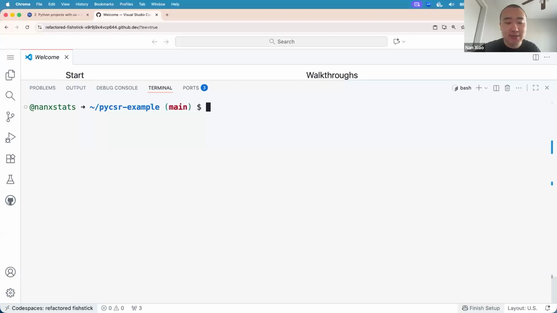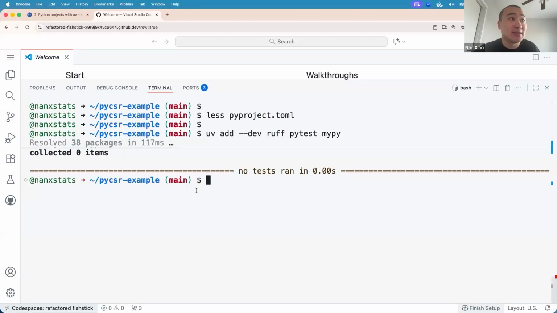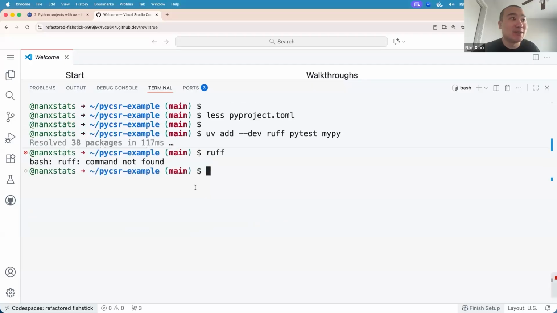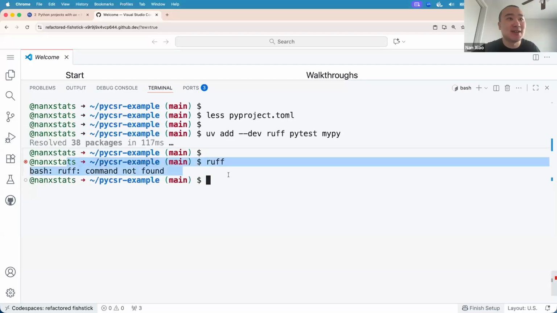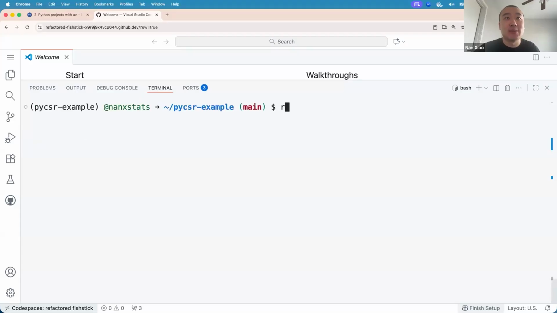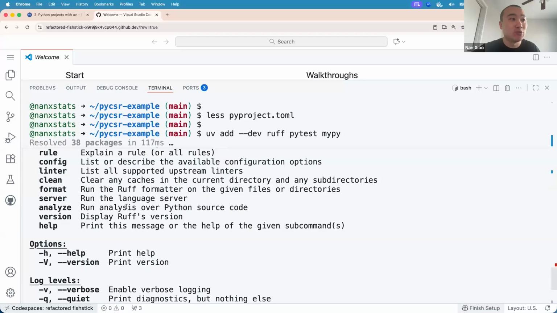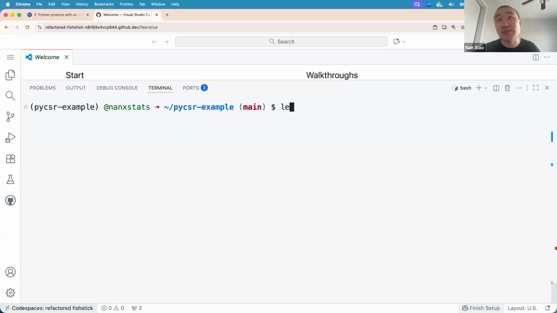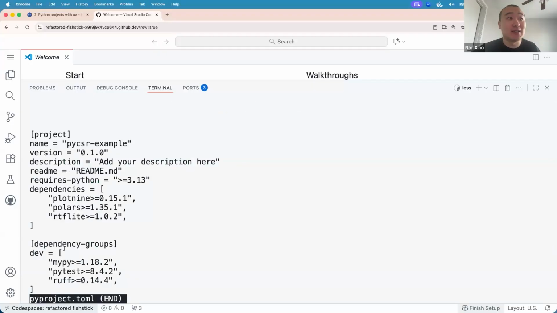For example, if I say pytest, right? Okay, this already has pytest installed. Maybe ruff is not installed, right? So if I run ruff, this tool is not available under the current shell. But if you do activate the current environment, right, that can actually make this available under the current shell. So you can actually run all these commands, right? Using the available development dependencies you have declared in your environment.